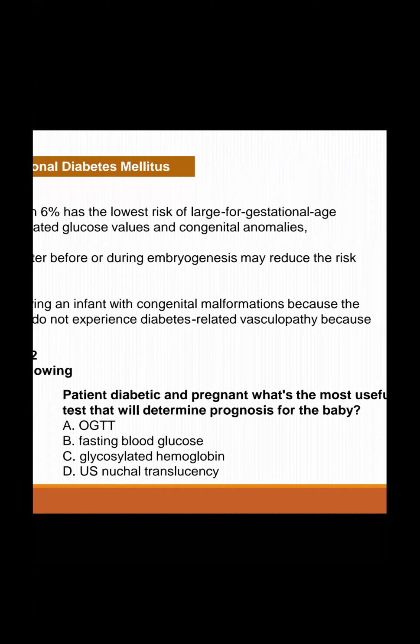Fasting blood glucose can be excluded; OGTT is just for diagnosis of diabetes in a pregnant mother, exclude. Glycosylated hemoglobin and US nuchal translucency. Option D shows any abnormality in the fetus, and glycosylated hemoglobin shows